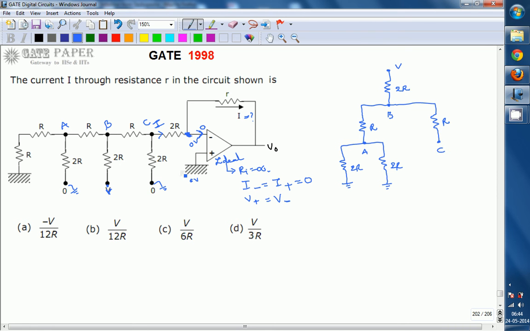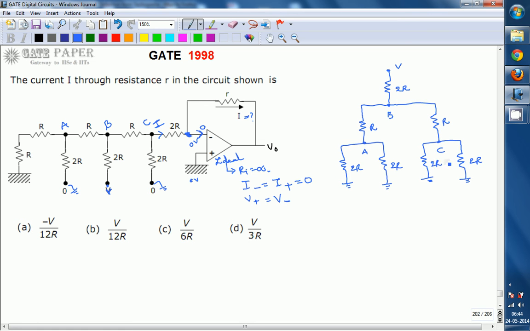And from node C, if you observe node C, from this one towards ground there is a resistance 2R, and this point, the node at the inverting terminal, is also at 0 volts because of the virtual short concept of an ideal op amp. So there are two branches from C, and both are going to have 2R resistance going towards ground. So again we draw a resistance whose value is 2R, and one more resistance whose value is 2R over here.